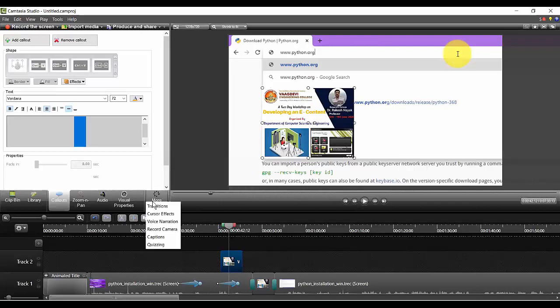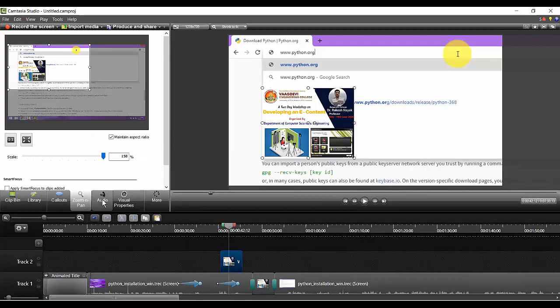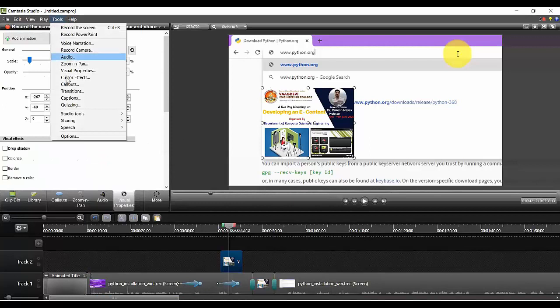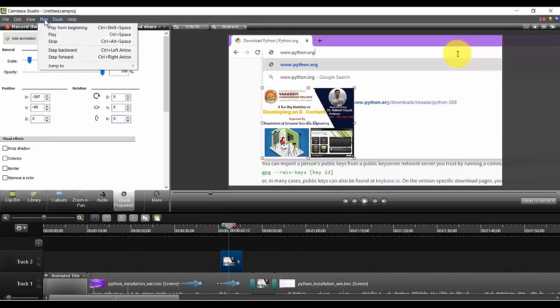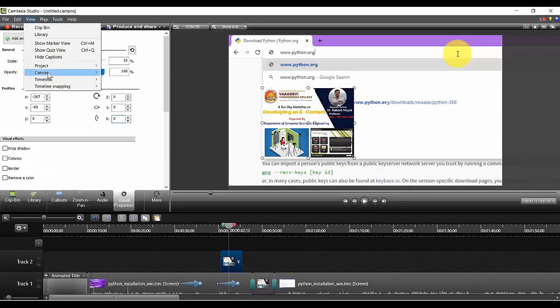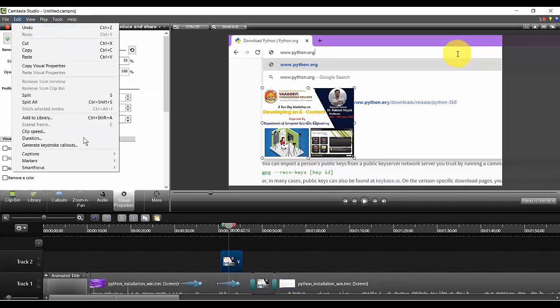Okay, what else? Record, capture, I've told everything. Zoom in, zoom out, I told. Then I've told regarding these tools. Here also all those tools are written here, transition, caption. But everything is available in the buttons itself. So no need to go to the menu and no need to do all this kind of things, right? So you can have your view, what view you wanted to see, project view or canvas view or timeline. Okay, so all these things are here.